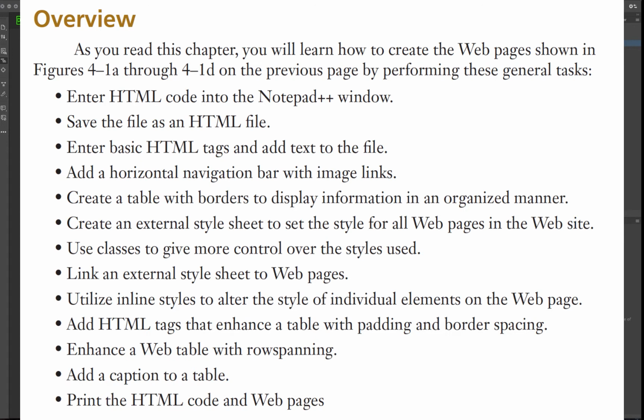links, create a table with borders to display information in an organized manner, create an external style sheet to set the styles for all web pages in the website, use classes to give more control over the styles used, link an external style sheet to a web page,